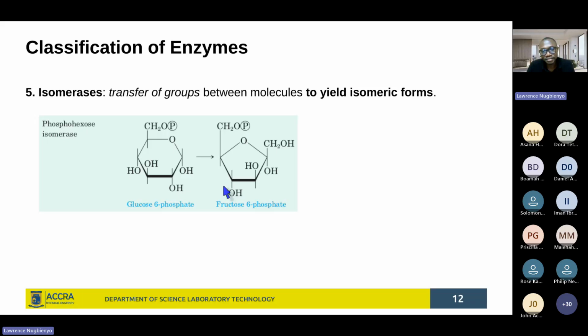It's an isomer. So same chemical formula, but different structures. See, the glucose 6-phosphate is having a 6-sided ring. That's a pyranose. Whilst you have the fructose 6-phosphate being a furanose, having a 5-sided ring. Then the last one is